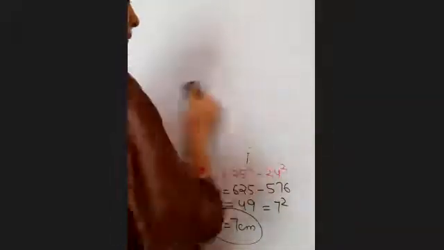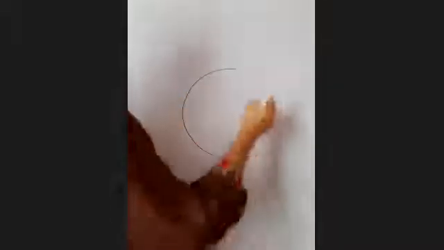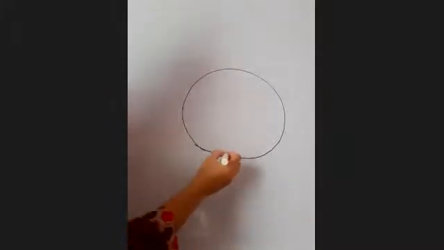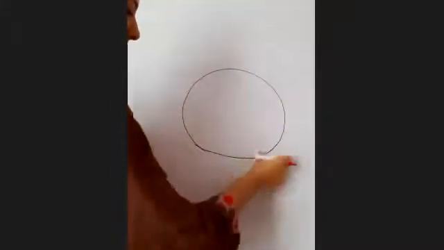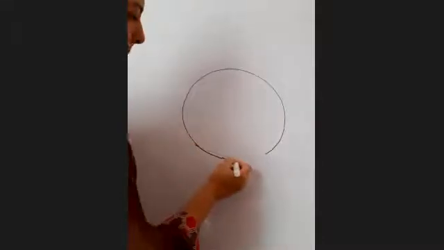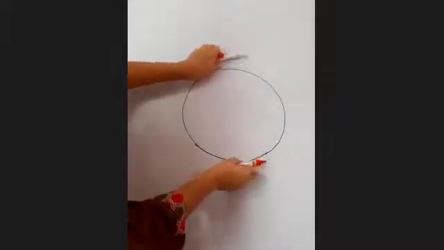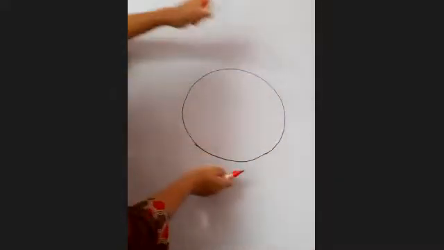Let us take one last question and then we will do the writing part. Children, we discussed that there are infinite tangents that can be drawn to this circle. On each and every point, tangents can be drawn. But how many tangents will be parallel to each other at a time? Two tangents. If I draw here, one more will be there. So infinite tangents can be drawn, but pairwise only two will be parallel.